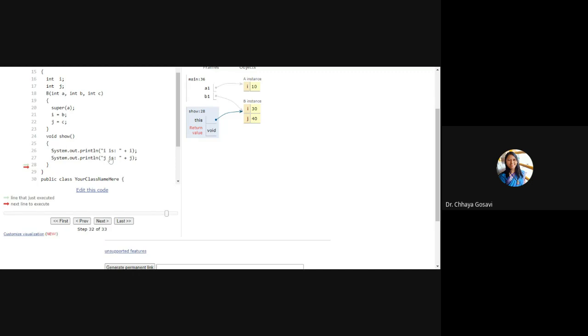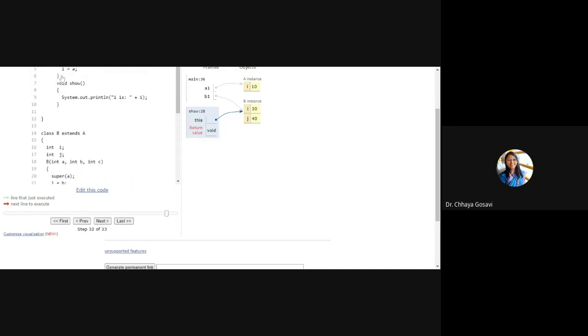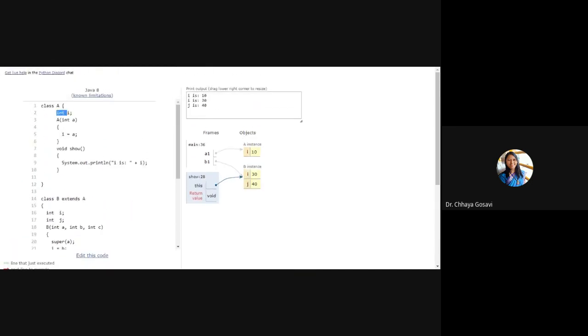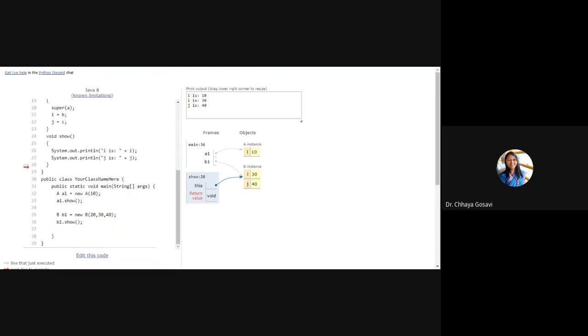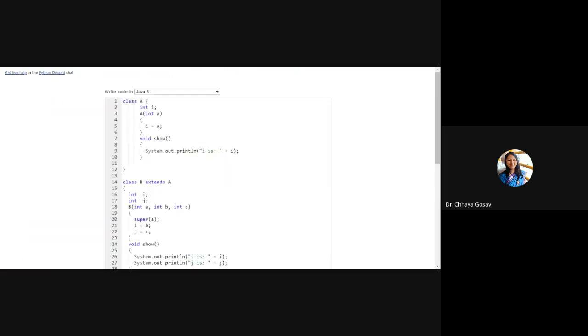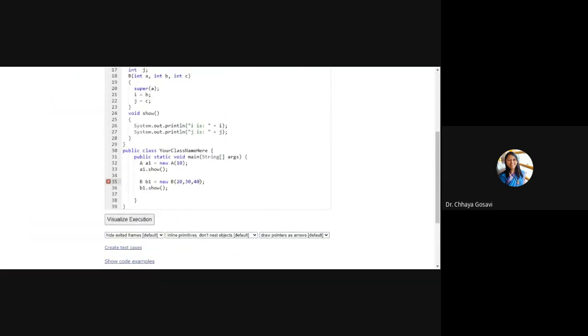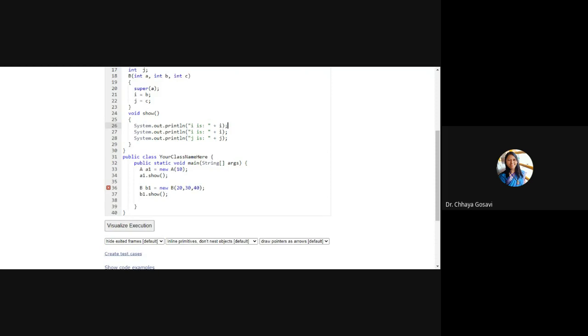If I want to display the value of this i of class A, then I have to use the super keyword here in the printf statement: super.i.